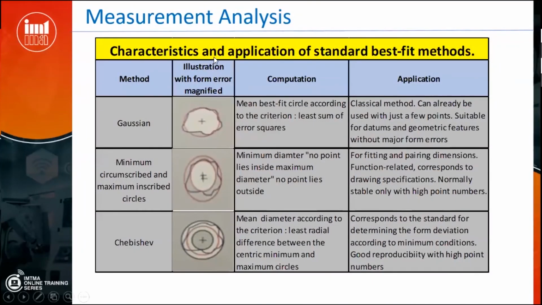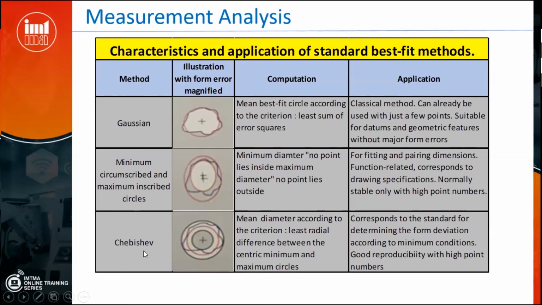So a typical characteristic and application of the standard best fit methods would be the Gaussian best fit circle, and this is the classical method. It could be minimum circumscribed or maximum inscribed circle, depending on the application, for fitting the pairing dimensions, which is useful for assembly. Or if we want only the form error, then we can apply Chebyshev.